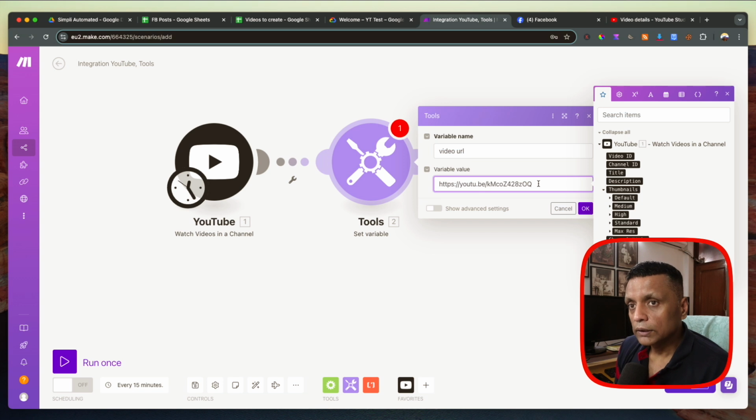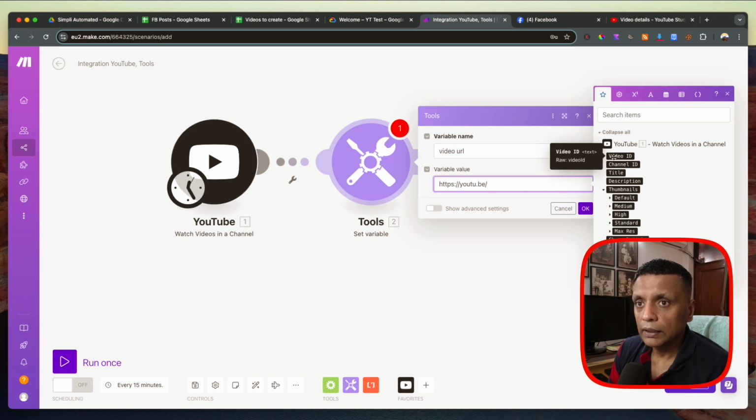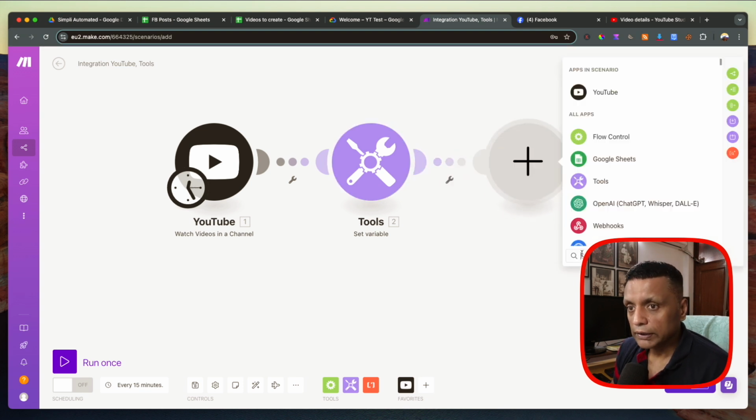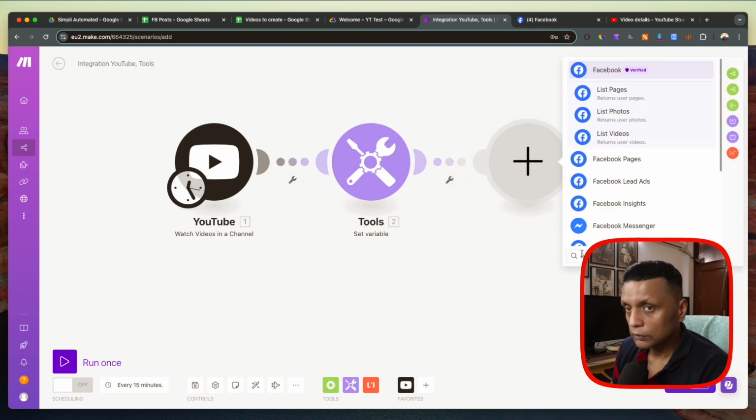And what I'll do is, since I'm creating this as a variable, so that I don't have to put the URL again and again, I'll remove this last bit from here. This is the video ID, so I remove it and I choose the video ID which is coming from my previous module. Okay, and then I add a Facebook page module,